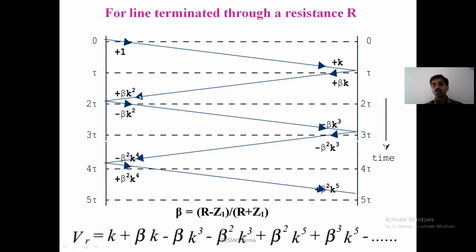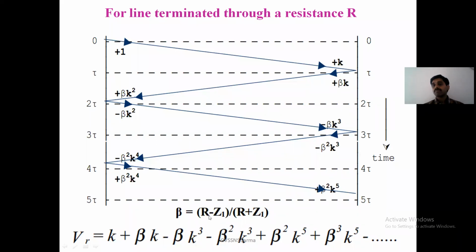So it is a finite source. Whatever the voltage incident, with the minus sign it will be reflected back to maintain the voltage constant: minus beta into K square. Again, during the process it is multiplied with K, minus beta K cube. The same wave will be reflected back, again multiplied with K, and again with opposite sign it will be reflected back. So this is the way the line is terminated with a resistance of some value. In the previous case, beta is not there, for the open circuit line. Now beta is there. You can observe this difference.